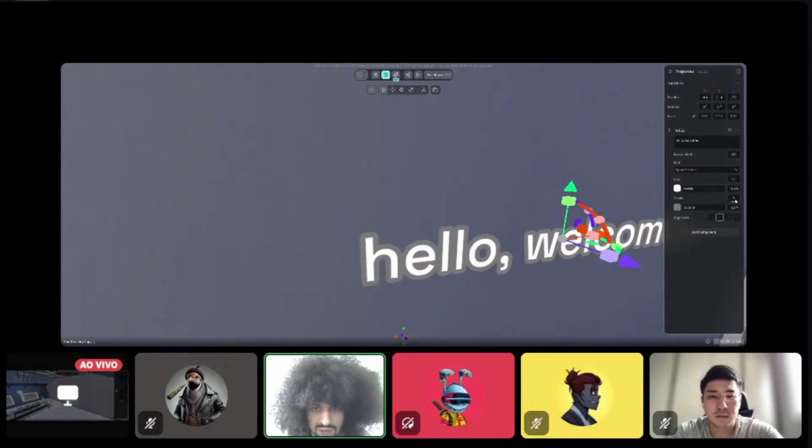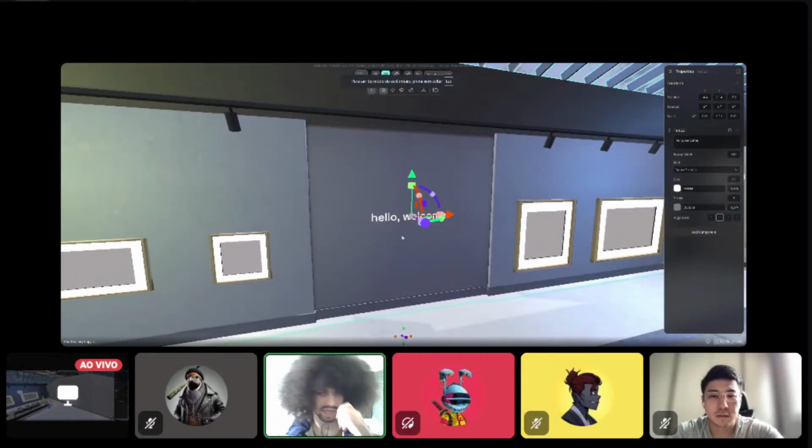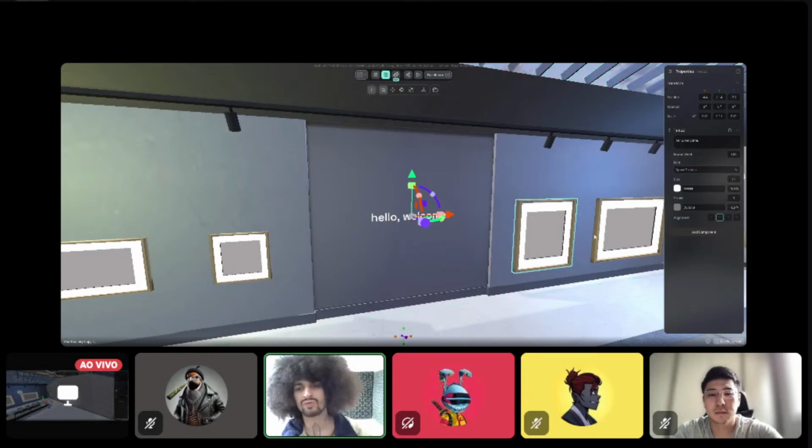So you can do it also in Unity if you want some signs, for example, or sometimes you want to put a subtitle of an audio that only appears at a certain point of the experience, and then you can also apply a show hide, and when you approach this certain point, or if you trigger something, then the text appears.